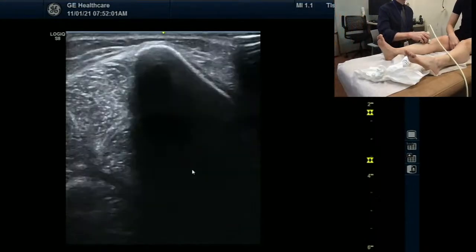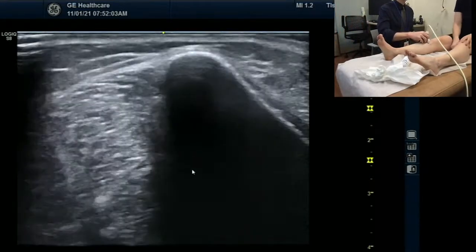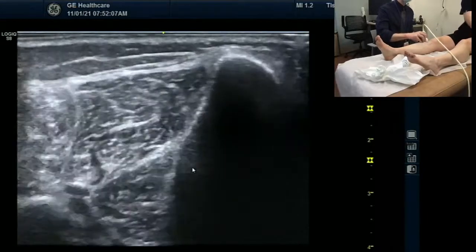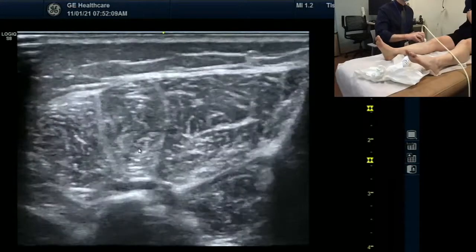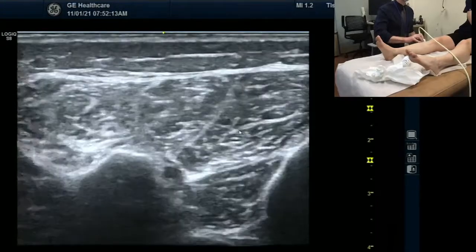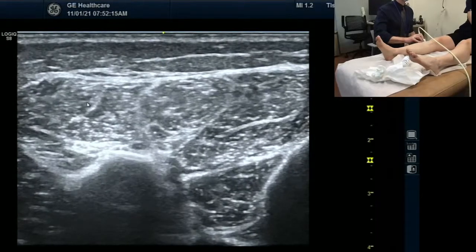There we go. We're right on the tibia now. As I come a little more laterally, the left side of the screen is more lateral and the right side of the screen is more medial. So the most lateral portion of this we see